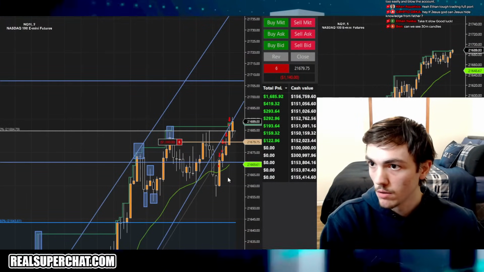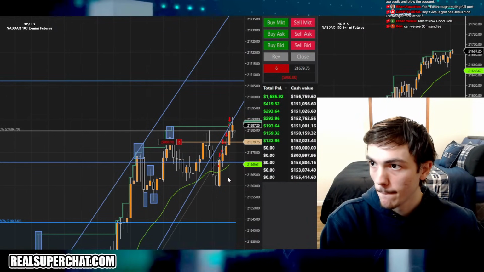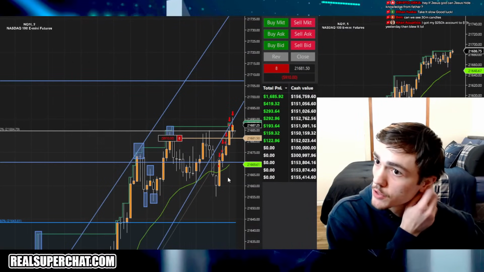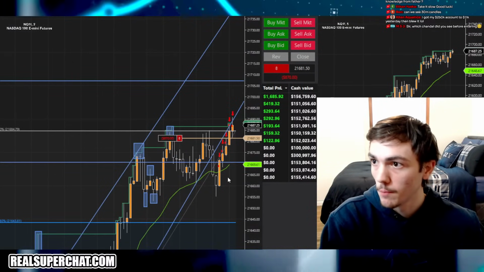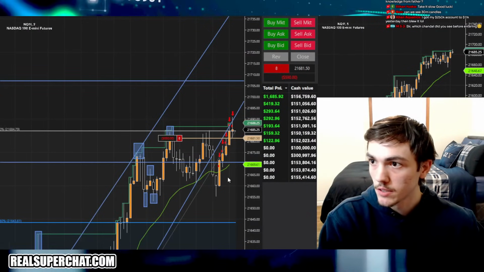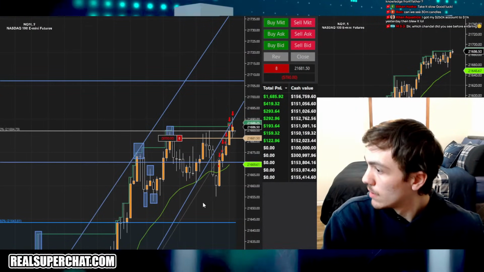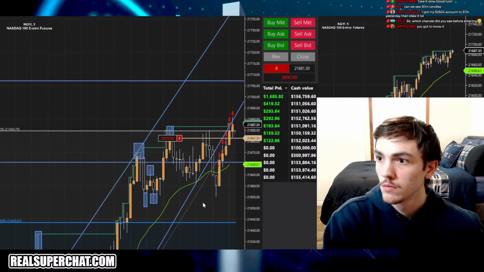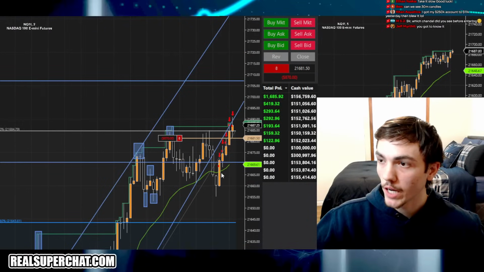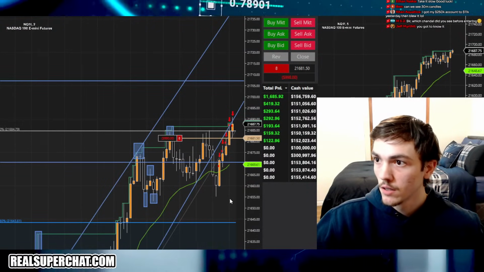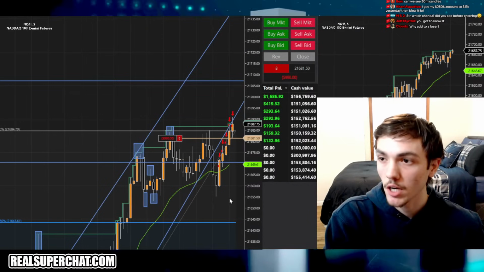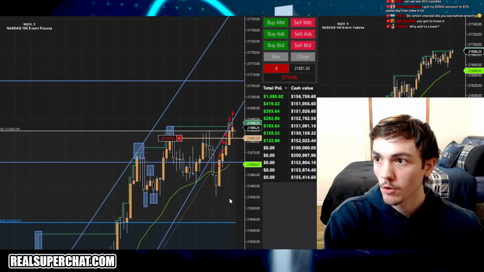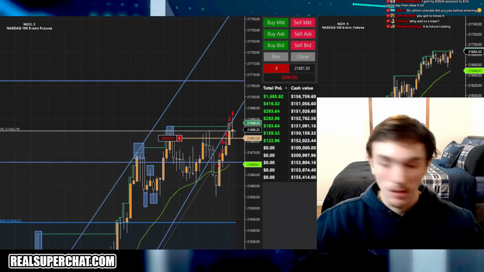About to add more. Giving it a minute. Adding 2 more. And with 2 more. And with 8 contracts total short. If this breaks into the range, I'm not that big of a fan. I was betting on this rejecting here, or rejecting here. This is an Apex account, so we have 35 contracts we can go to. 7,500 in drawdown. We have a lot of wiggle room, my friend.